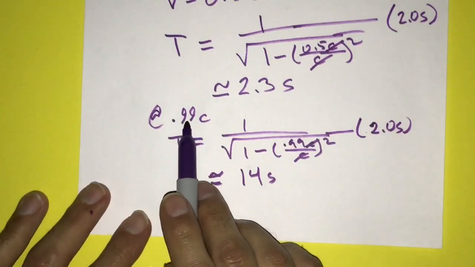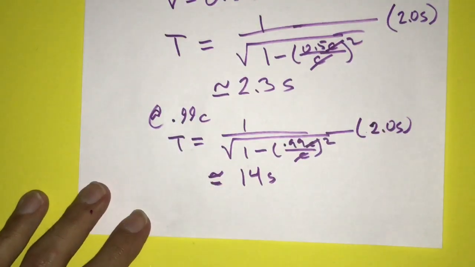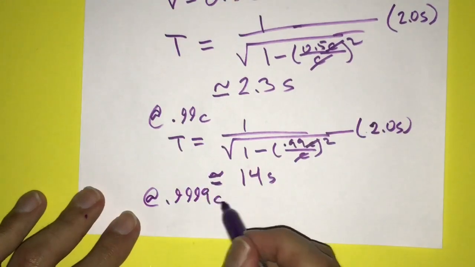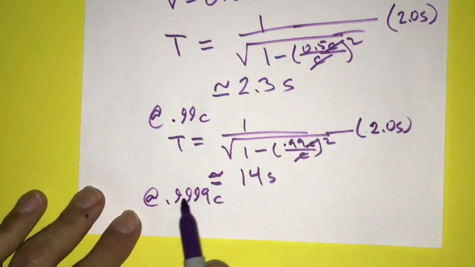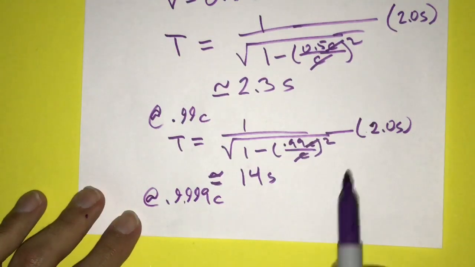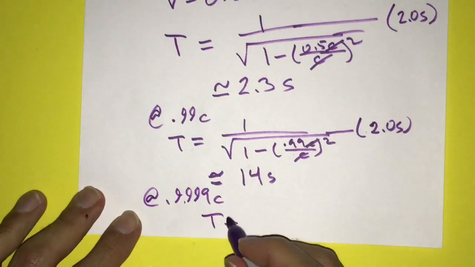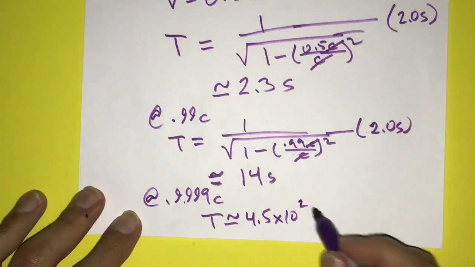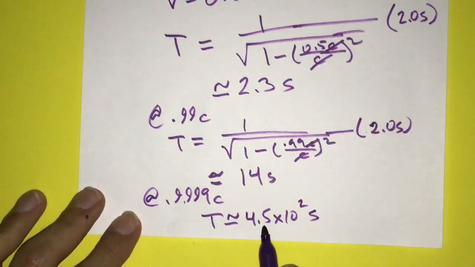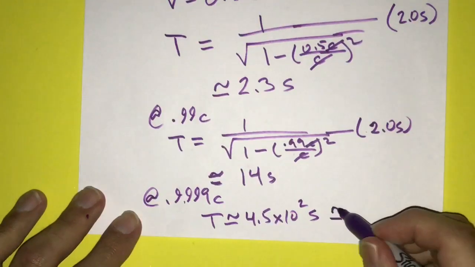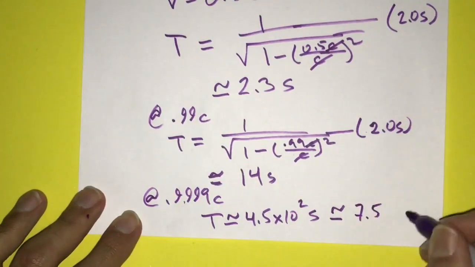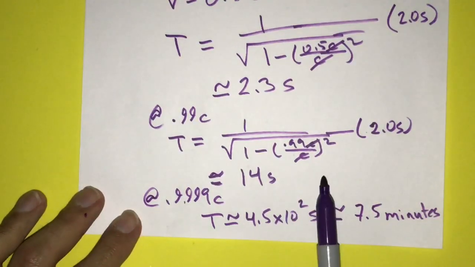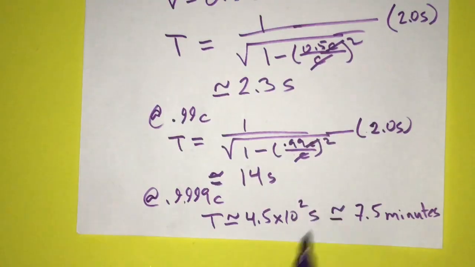Okay, now let's take another look. Say this pendulum was moving at a speed 0.999 times c. Now if you would just plug this in right here and just change this to 0.999, we would measure the period to be approximately about 4.5 times 10 to the 2 seconds, which is about 450 seconds. And if you would convert this to minutes, this is going to be about 7.5 minutes. So here we demonstrated the effects of time dilation and how you could use this gamma factor